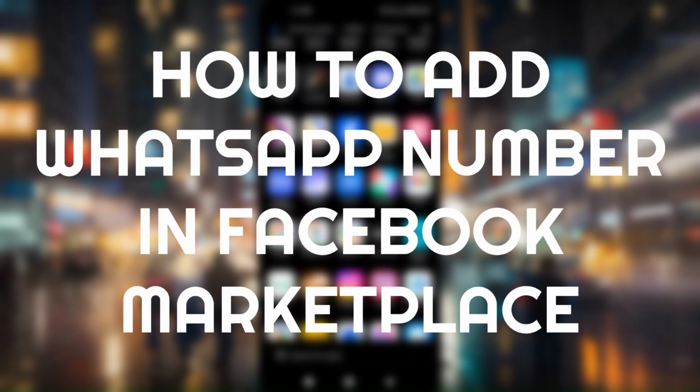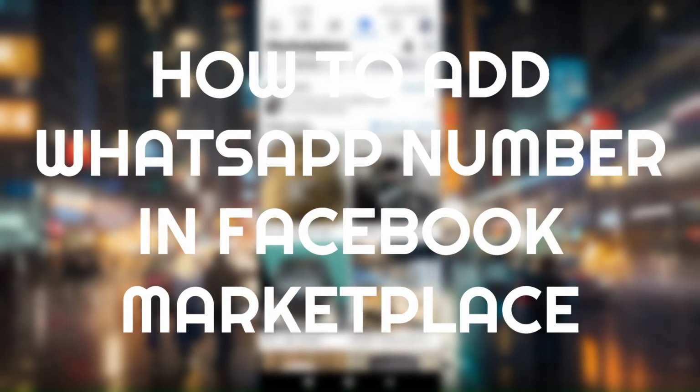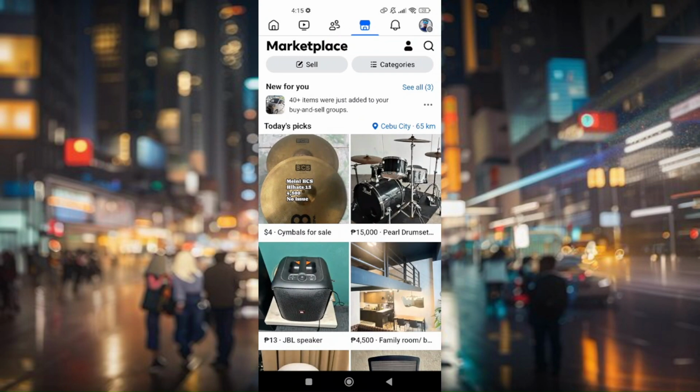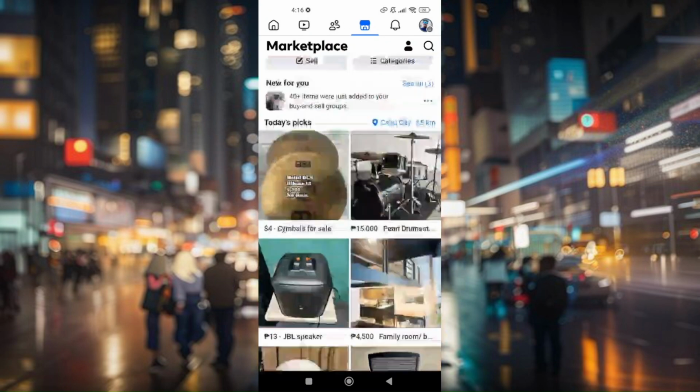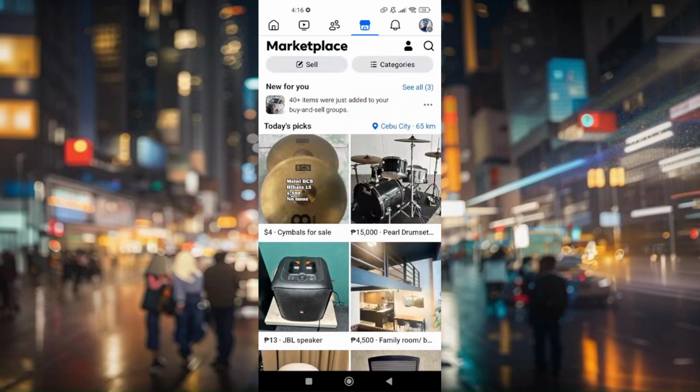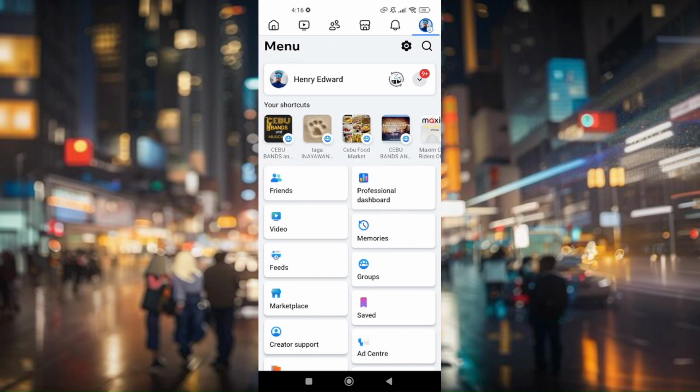How to add WhatsApp number on Facebook Marketplace. The first thing is to access your Facebook Marketplace and go directly to your account profile. It's going to be located at the top right corner, where you will see your profile picture, and head to